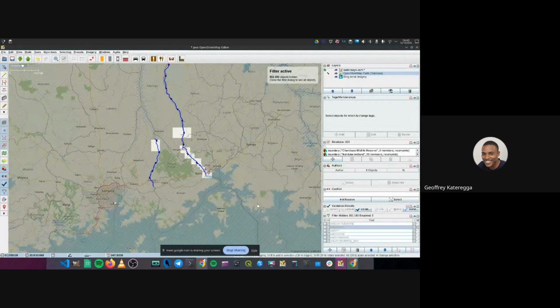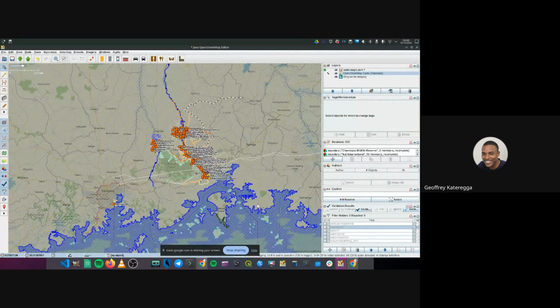You realize that it is tagged as a multi-polygon, but also it's a relation, so several things are attached to each other. That's why it's very important to be careful when mapping this, because if you break the relation, it will affect the lake. There was one time when I went to OpenStreetMap and found that Lake Victoria had disappeared from the map.